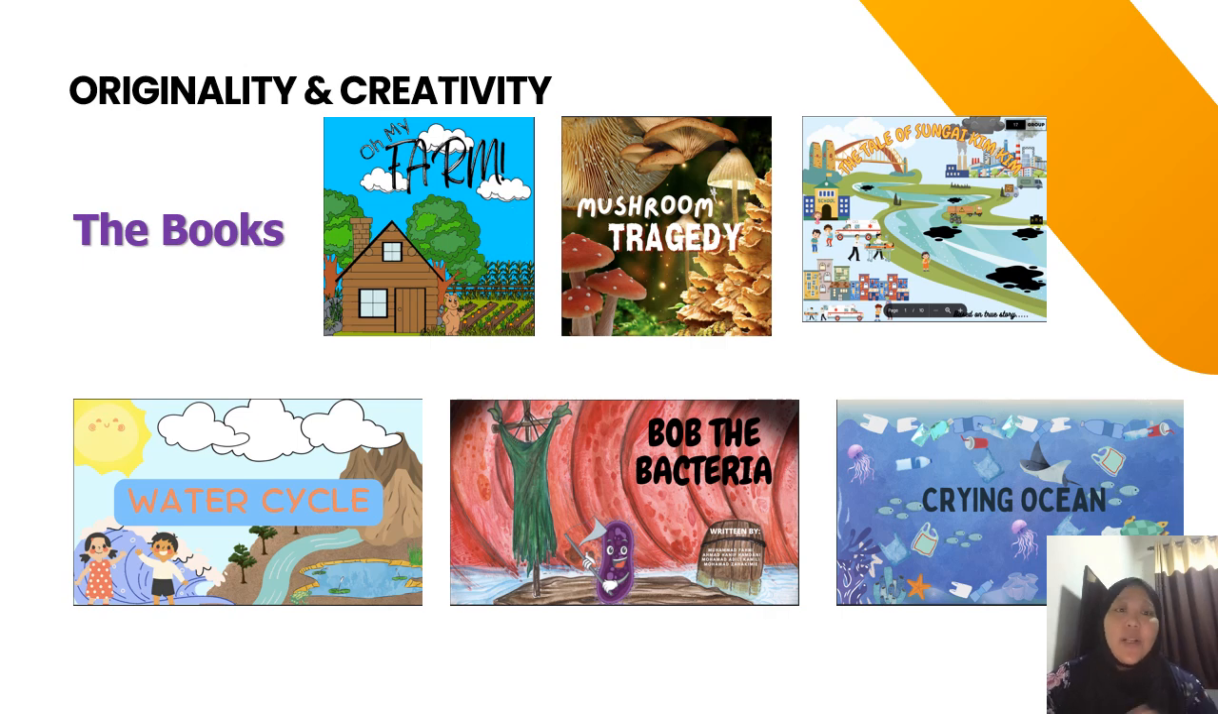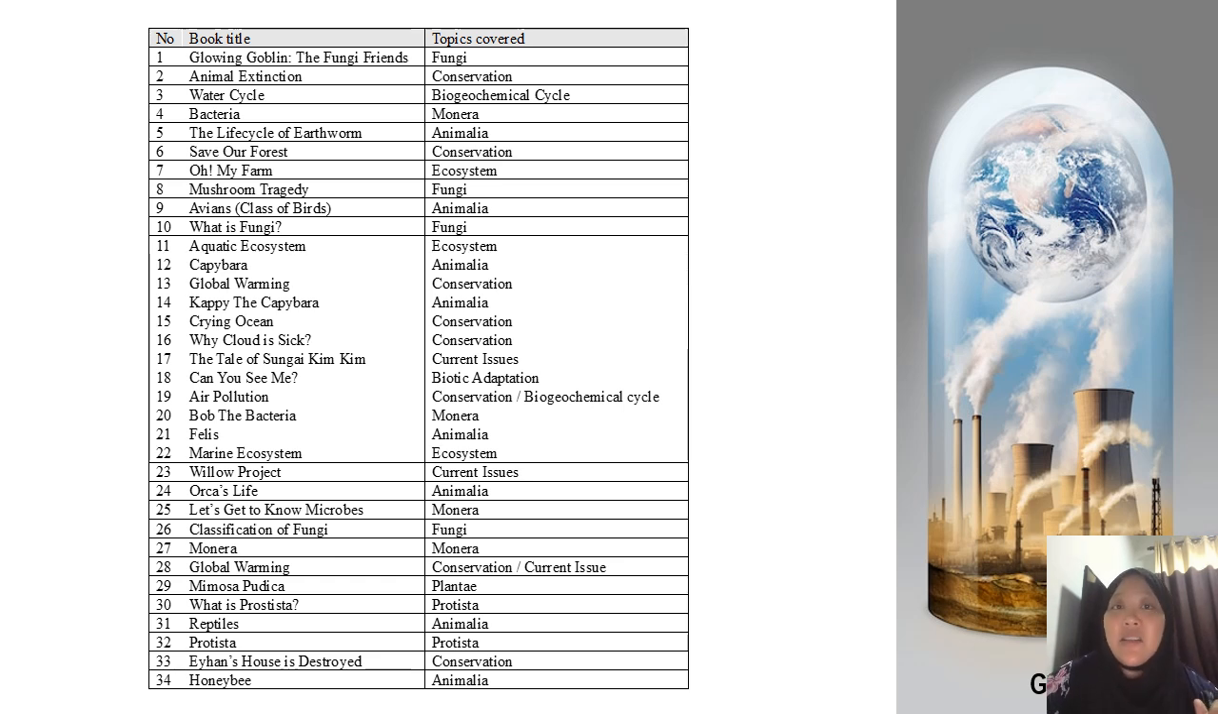We have the water cycle, as easy as telling how the water cycle works. Bob the Bacteria and Crying Ocean talk about the pollution that happens in the ocean. So these are some examples of the books that have been produced. These are the list of the books that have been produced, which covers the various topics available in the biodiversity